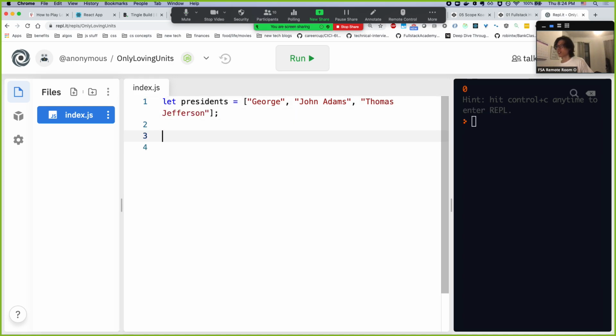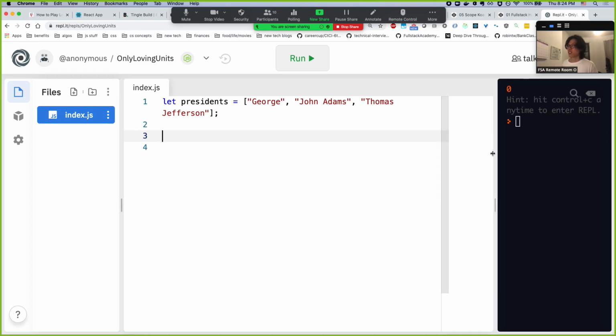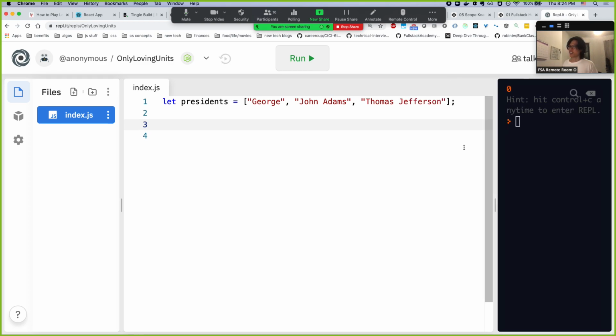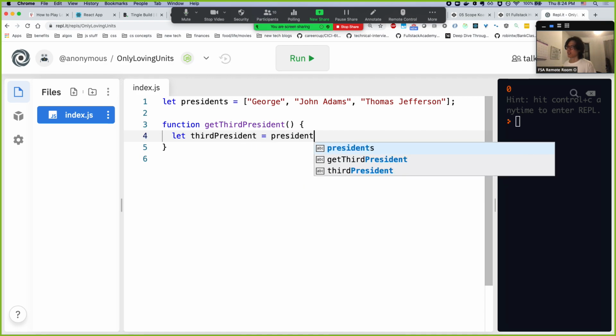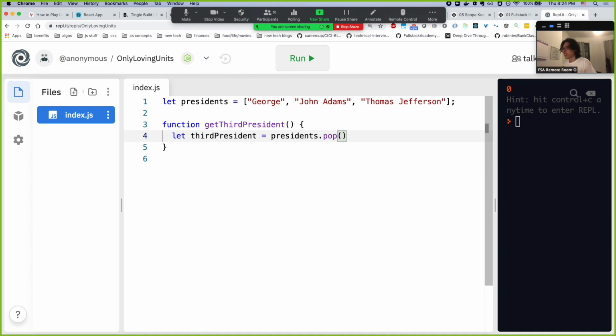Okay, so we have our 3 presidents, and let's say we have this function called something like getThirdPresident. And let's say I just did something like let thirdPresident equals presidents.pop(), because I was just lazy and I'm like, you know what, I'm just gonna mutate my array, whatever, who cares. But now,